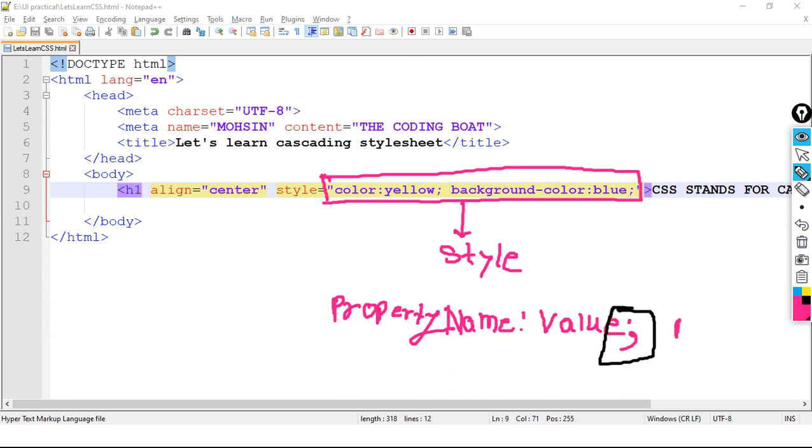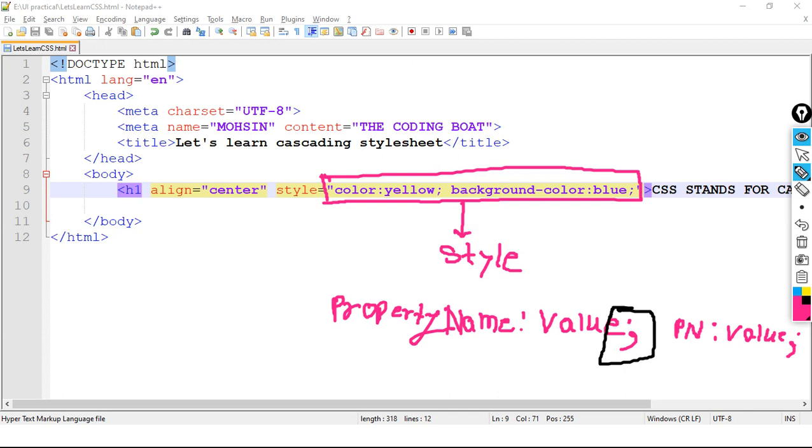of style, again a colon, and then the value, again a semicolon. So we need to understand the difference between writing an HTML attribute and writing a style property.